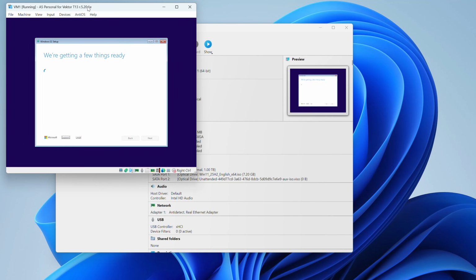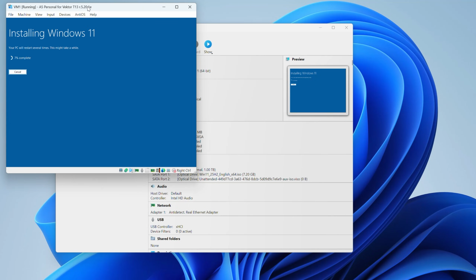I would also like to draw your attention to this installation process. The fact is that in the new version of AntiDetect, we have adapted to the new versions of Windows and slightly blocked this wonderful botnet, which is located on each of our computers. Namely, now the installation of Windows takes place completely offline.